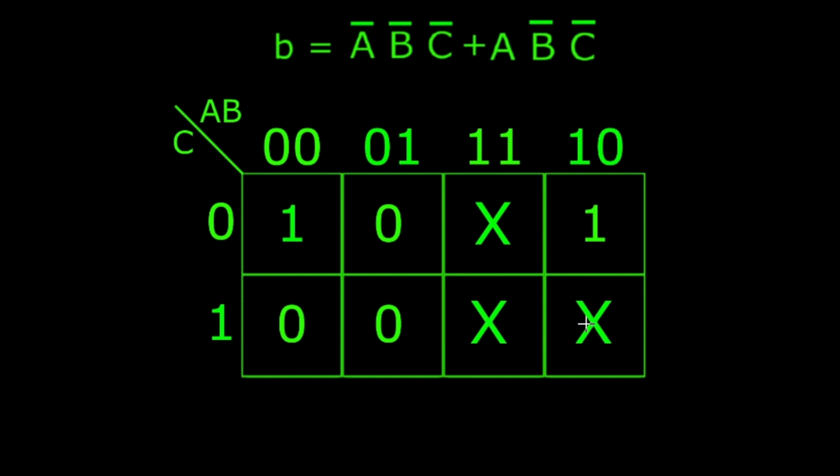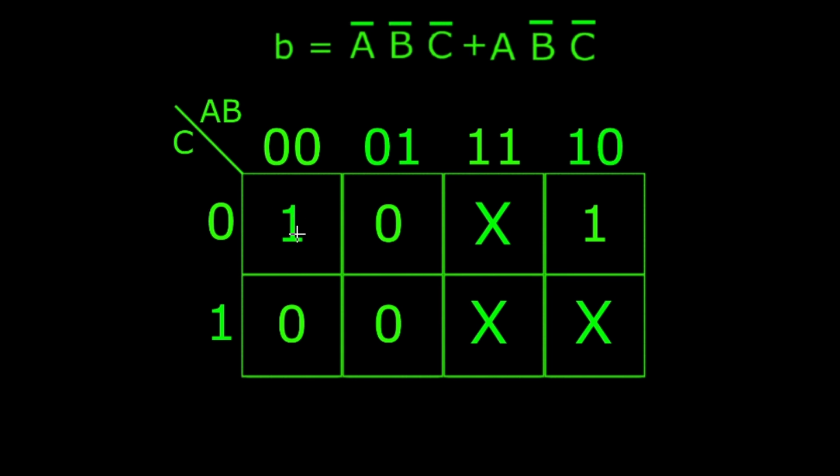And because we still don't care what happens in the case of an input of 5, 6, or 7, our don't care squares will keep the same. And so we'll fill a 0 into the 3 remaining squares where we want the output to be off. So we want to circle both of these 1s with as few groups as possible and using the largest group size we can. And here's where we can take advantage of the fact that a Kmap actually wraps around on